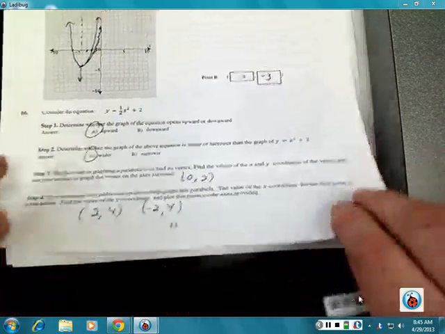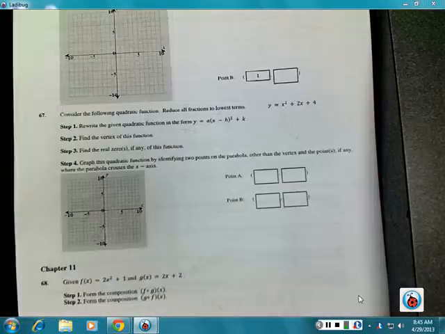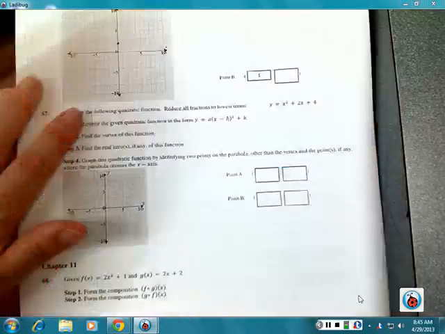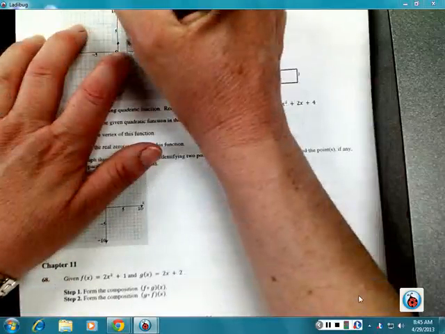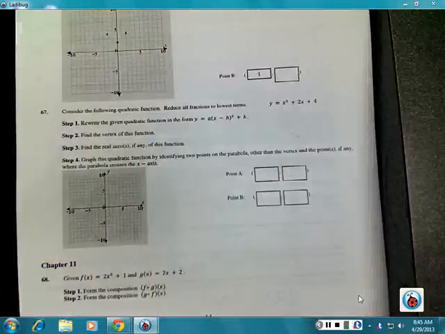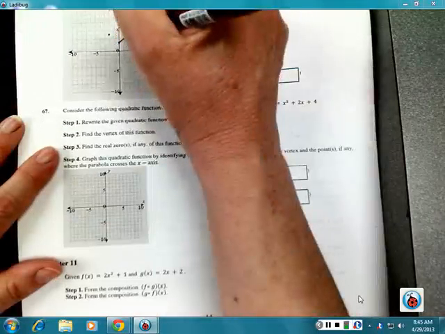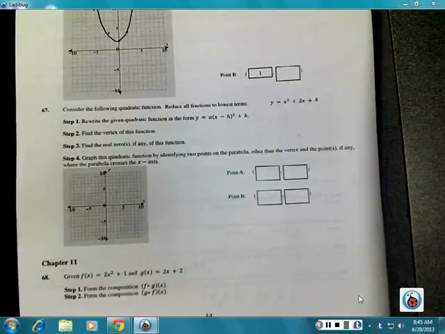And then probably the back page is probably graph it over here. And then they gave me a -2, and they give me 1 in there, finding my 2 points. So we were up at 2 for my vertex. When I was at 2, I was up 4. When I was at -2, I was up 4. And so this one is kind of doing one of these numbers when I graph it. Okay? So that's where it happens to sit. And 67 I'm going to leave for you to do, because I think you can do the graphing piece of